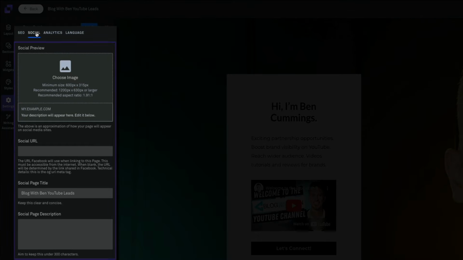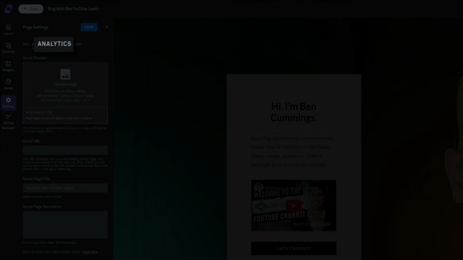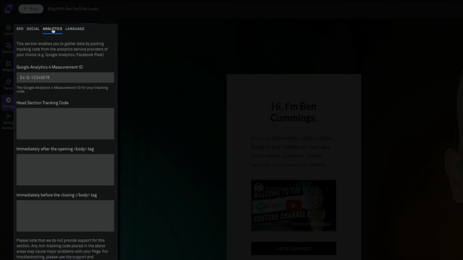You can upload a preview image, enter the social URL, and customize the social title and description. It's super helpful for improving how your page performs on platforms like Facebook and LinkedIn. Moving on to the Analytics tab, this is where you can add tracking code from tools like Google Analytics or